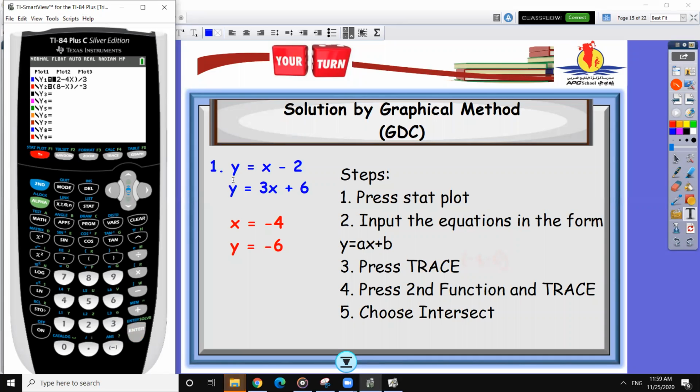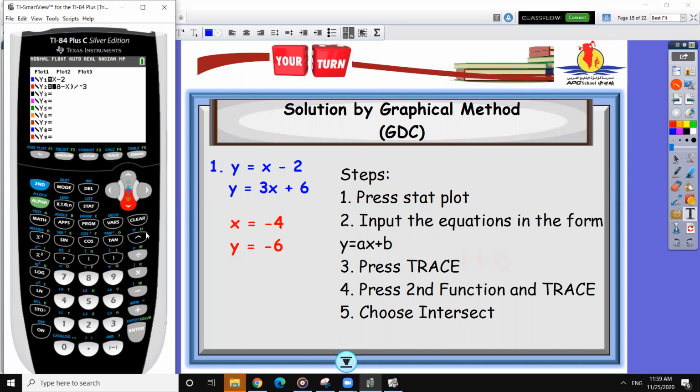So y is the subject. So we will just input the x minus 2 there. Our x is here, x, and then minus is here, and then 2. Since we have extra numbers here and variable, we're going to delete. Okay, so let's delete there. And then we will move on to the next.